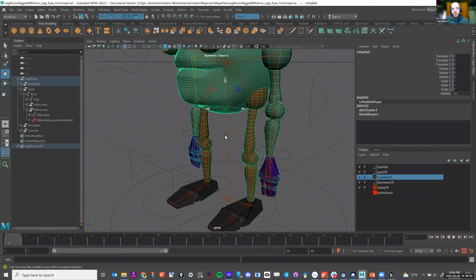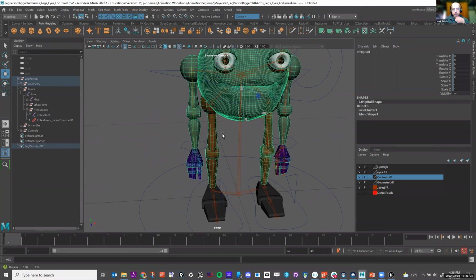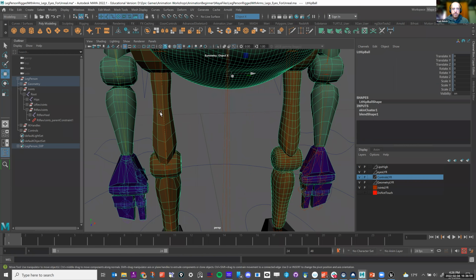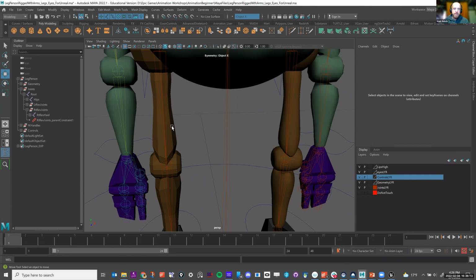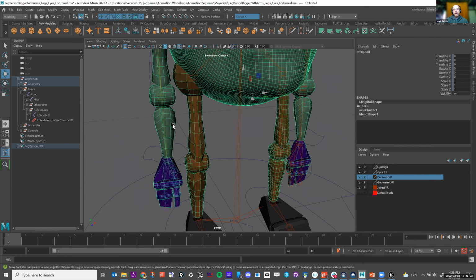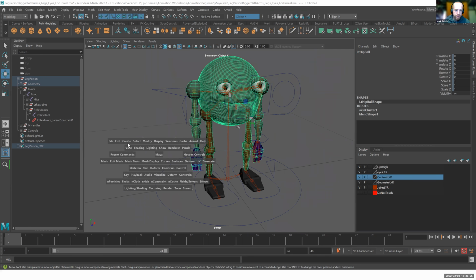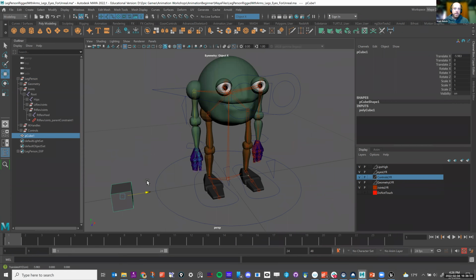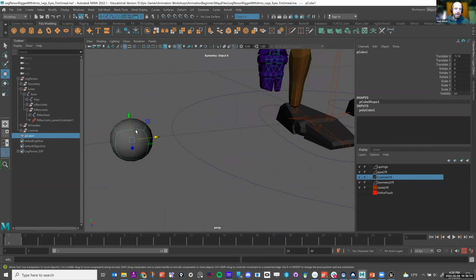The other thing I wanted to show here is that as a demonstration, I purposely left the two legs here. One is smooth, one is not. A lot of times in Maya, if you create a polygon cube and press 3, it's going to smooth that object out.